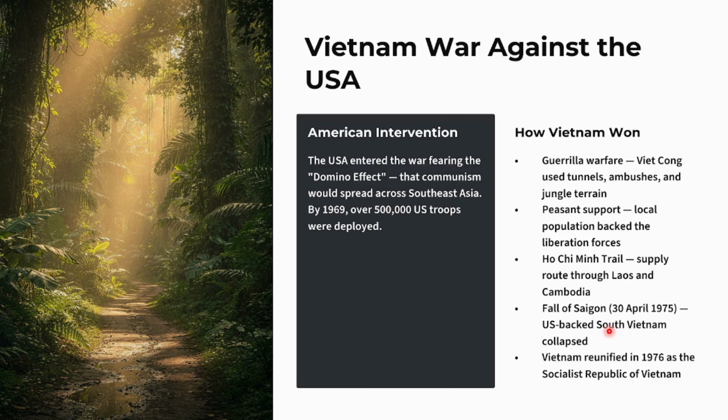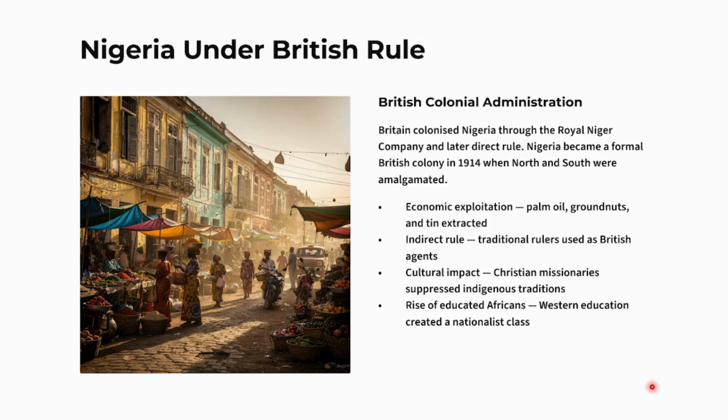Fall of Saigon. Okay, 30th April 1975, US-backed South Vietnam collapsed. So Vietnam was reunited in 1976 as the Socialist Republic of Vietnam. Okay, so